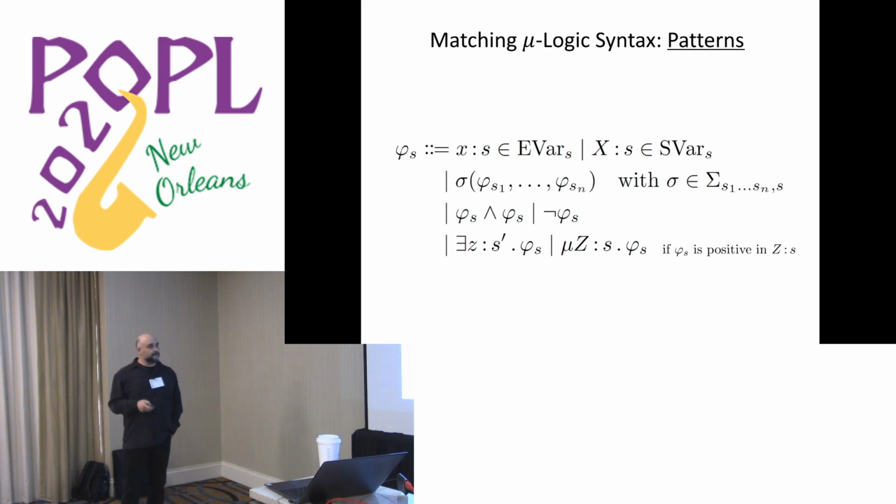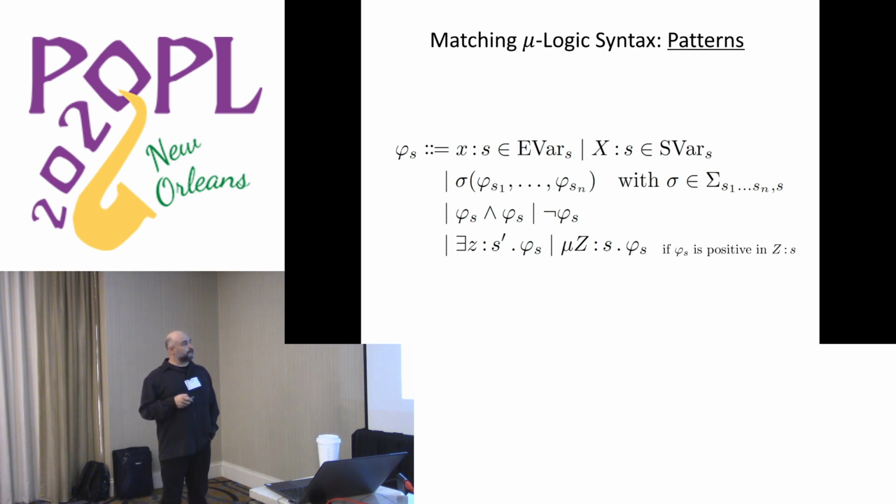So this is the syntax. Suppose that you have a signature, a many-sorted signature for now, sigma, and then you have symbols. We call these symbols because they are not really operation symbols, they are not interpreted as functions, you see. For each sort, you can build patterns, phi s, all the patterns of that sort. And we have 2 types of variables: element variables and set variables. The difference is that the element variables are matched by precisely 1 element in models. The set variables are matched by a set of elements.